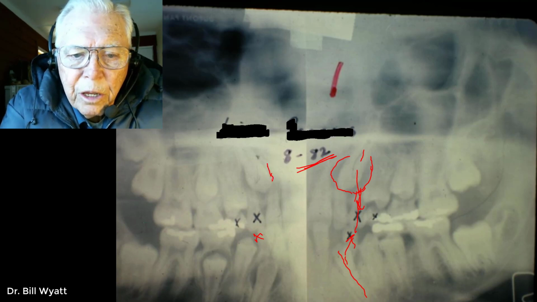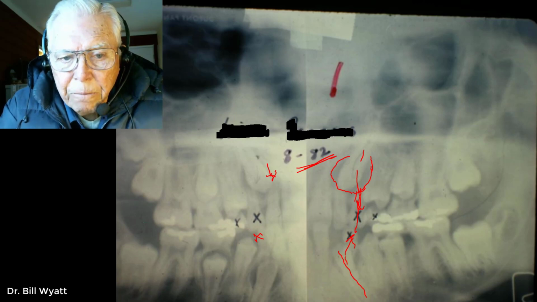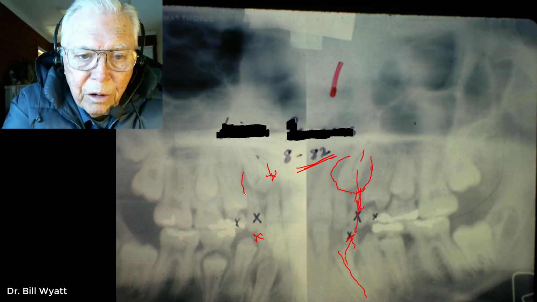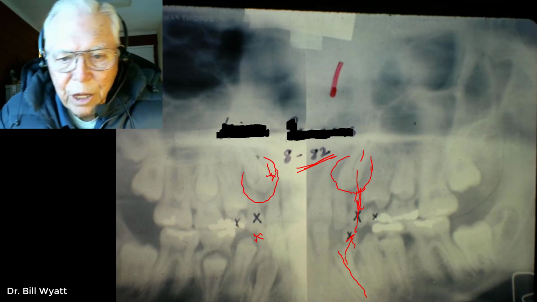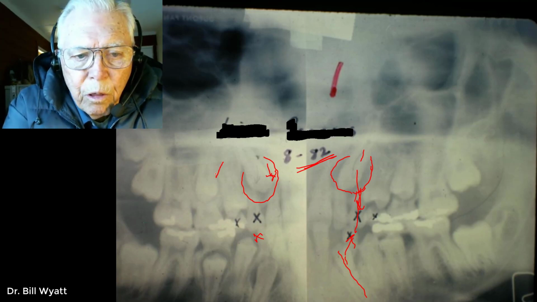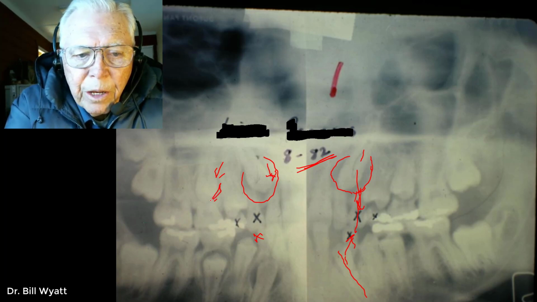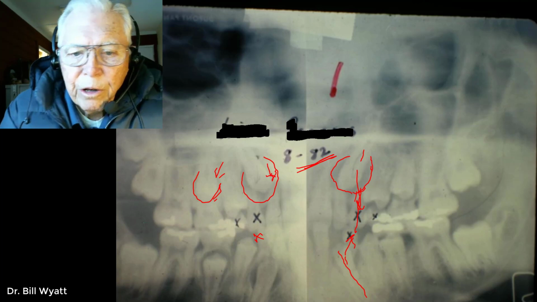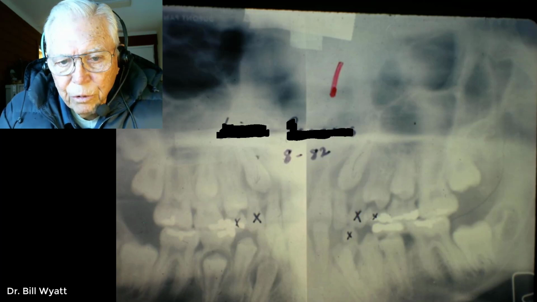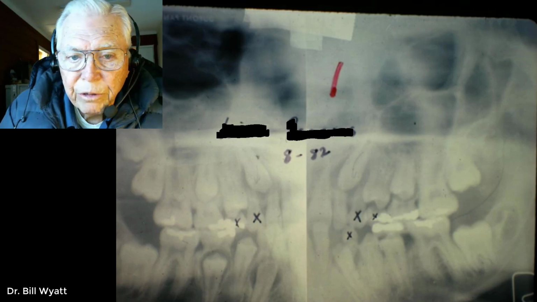And you'll see these laterals, after we finish, will have some deterioration in the tips of their roots. And so, well, I'll draw this one. It comes in something like that. Now that's unusually big. This is a more normal follicle around a developing tooth right here, see? And it's just a little ring around it, and it's filled with liquid. And so we'll have to do away with that now,